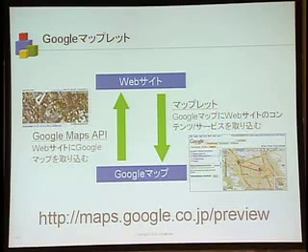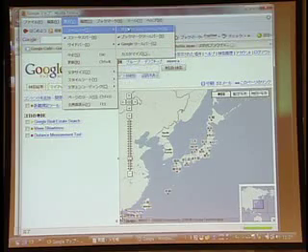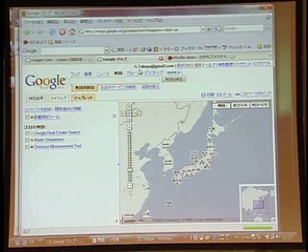And co.jp became available this morning. Yesterday it was only .com, but this morning we could deliver co.jp on time. So I hope that you enjoy the demo. Please switch the screen. As you can see, the URL is changed to co.jp. If you jump there, the Maplet tab is added, as you may notice.